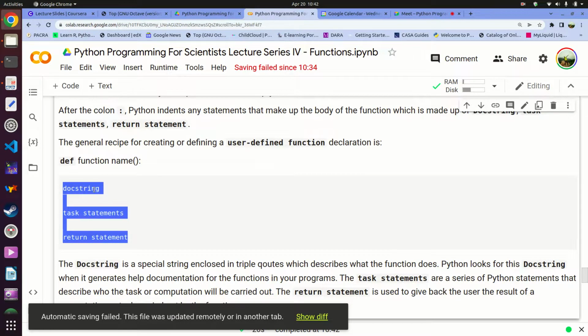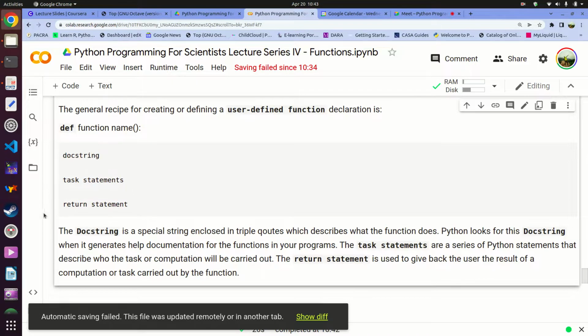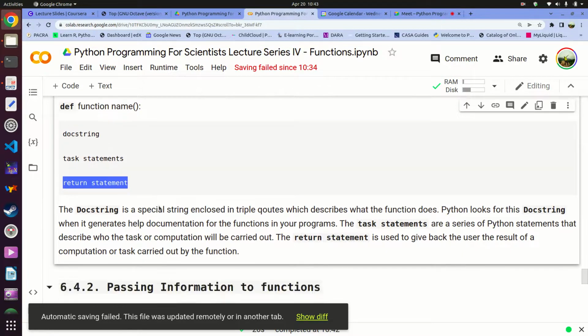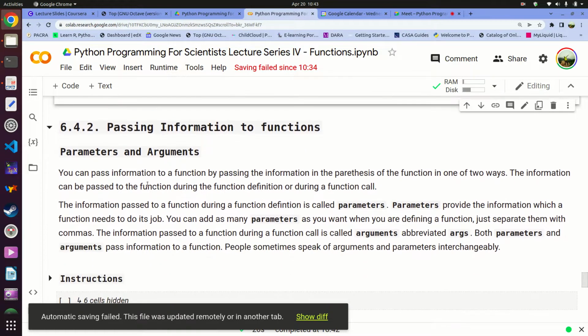Here, this docstring is basically your explanation of what the function does. So when you call help on this function, the help function is just going to read this text. Then here, you have the task statements, what the function is going to be doing. If the function is carrying out a calculation, when you find the answer, you can give back the result. So basically, a function works like this: you say, I want these things done. Okay, fine. Then it goes to the back room, does whatever it does. When it finishes, it comes back and gives you the answer. Basically, that's how functions work. The information you pass to your functions, as you have seen, those are what are called